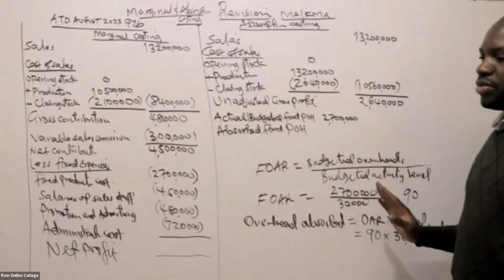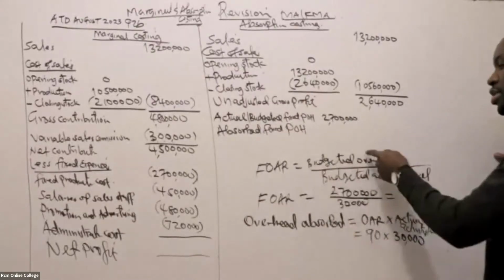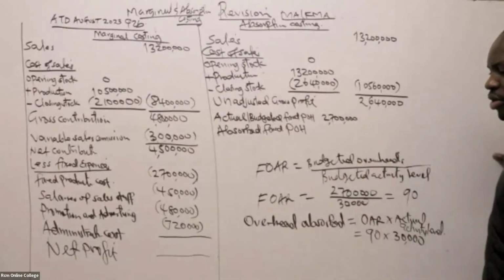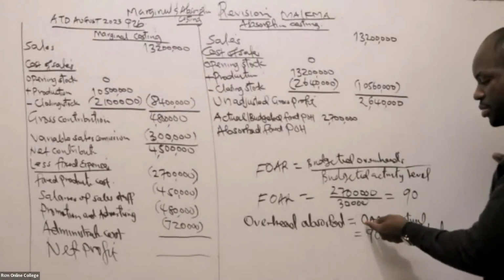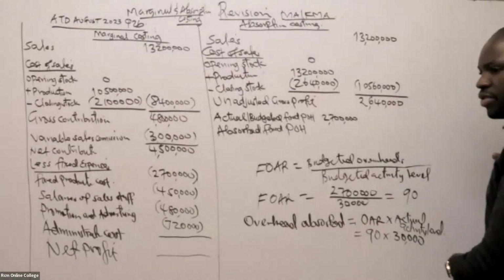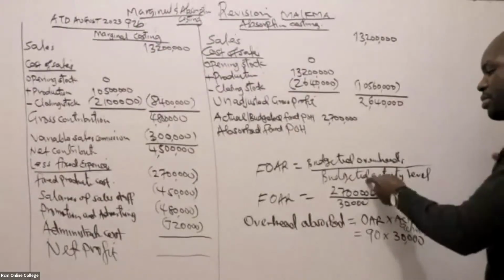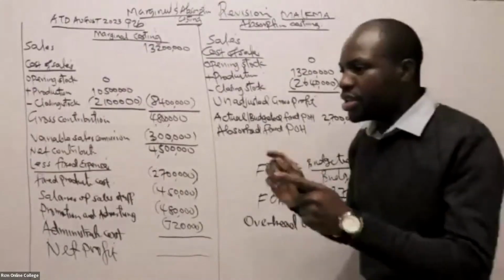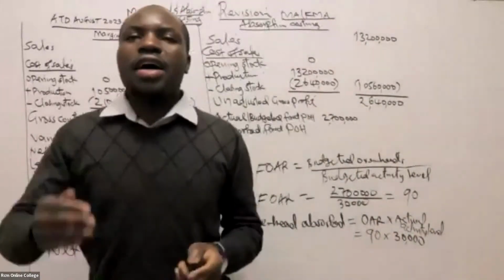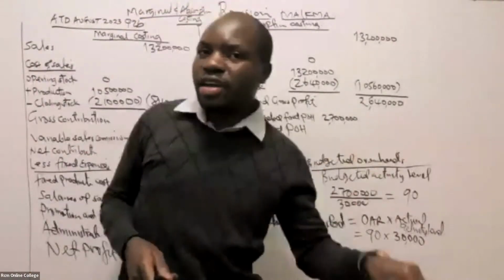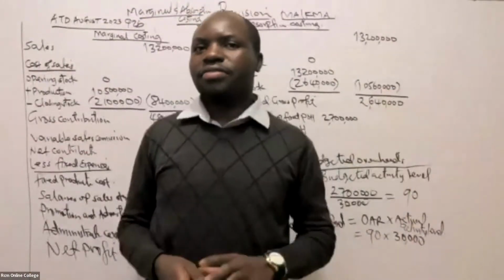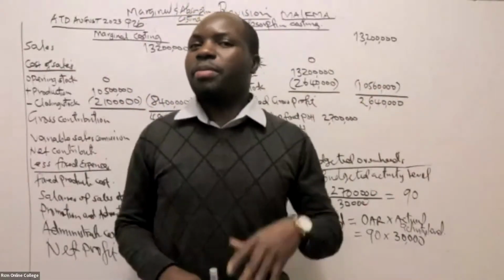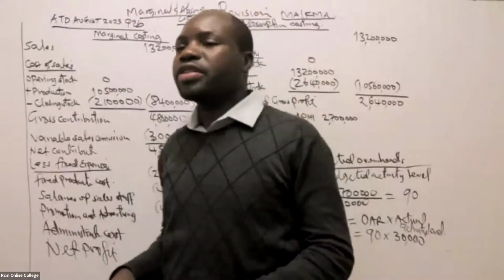Look at the items we are having. In our formula, it is budgeted overheads divided by budgeted activity level or budgeted units. Under absorbed, it is overhead absorption rate times actual activity level, actual units. The first one is budgeted units. The second one is actual units. The reason why we are using 30 in both cases is because our budgeted was 30,000. Our actual is now 30,000. Maybe in your exams, it will not be 30,000 throughout. The budgeted will be 30,000. The actual will be